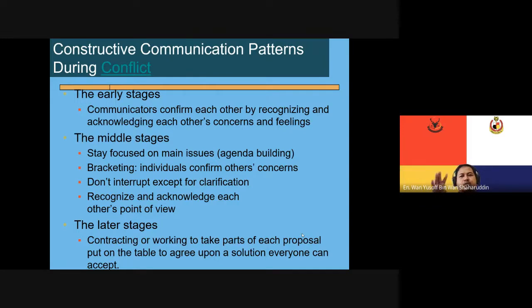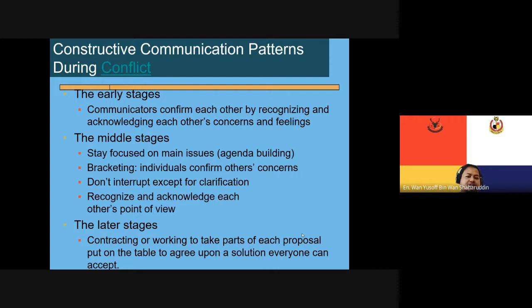Actually, I don't like you wearing red because it's too flashy. But you will confirm your concern back. But I know, but I have a lot of things which are in red. My pants, my shoes, my cap, for example. All right. Don't interrupt except for clarification.